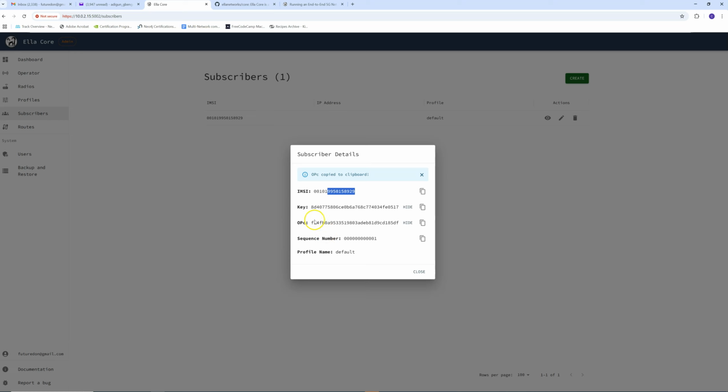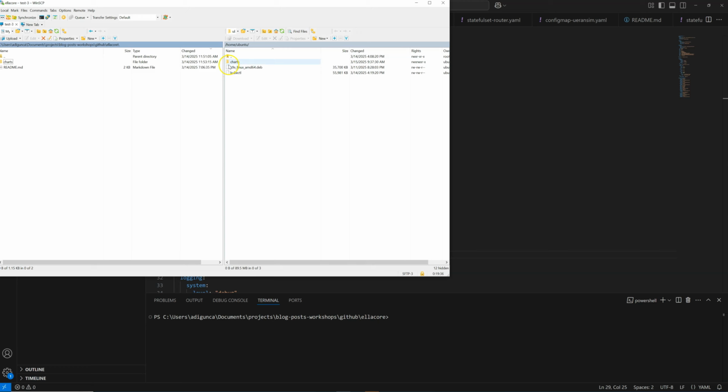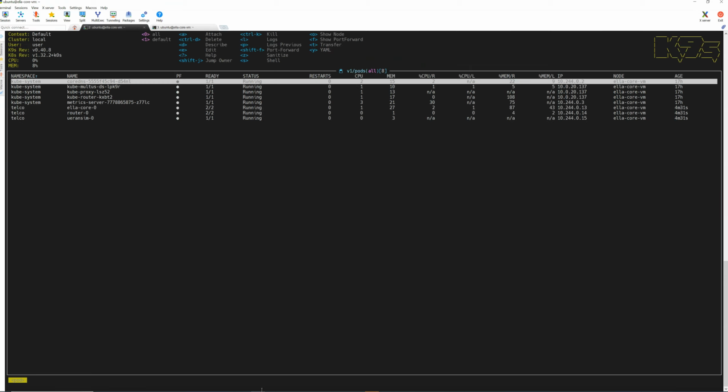So we confirm if everything matches, right? So the MCC, MNC, then 995. Okay, so what I'm going to do now is go into my charts on my system, then replace the values.yaml file here, exit out from here, then do the upgrade again, and we'll wait for the config map to